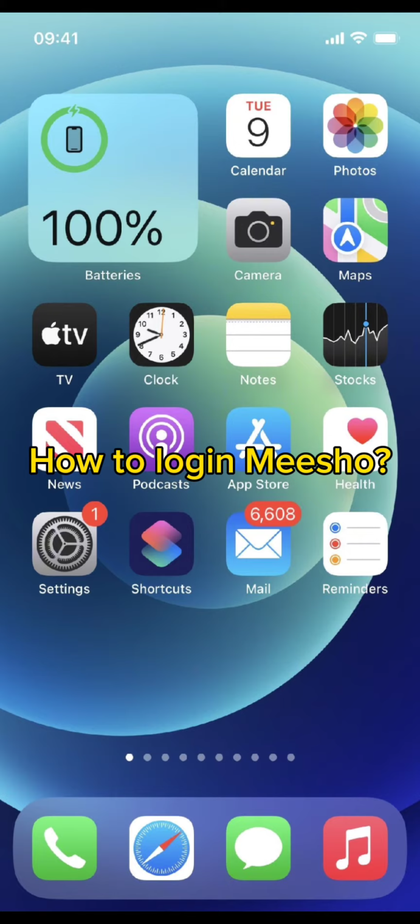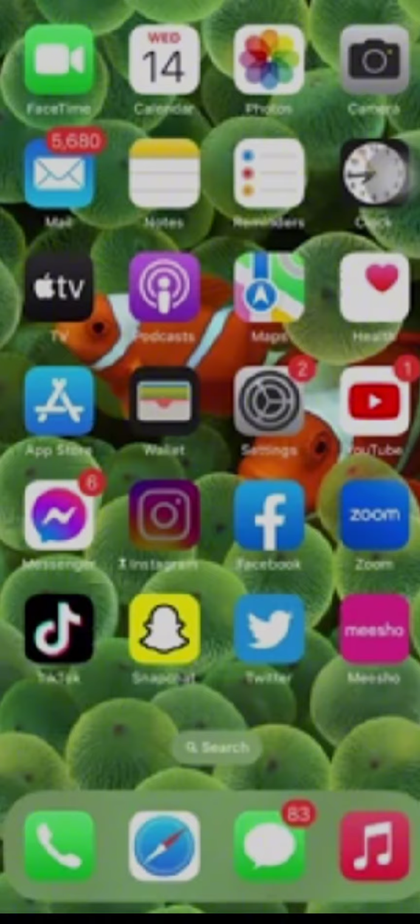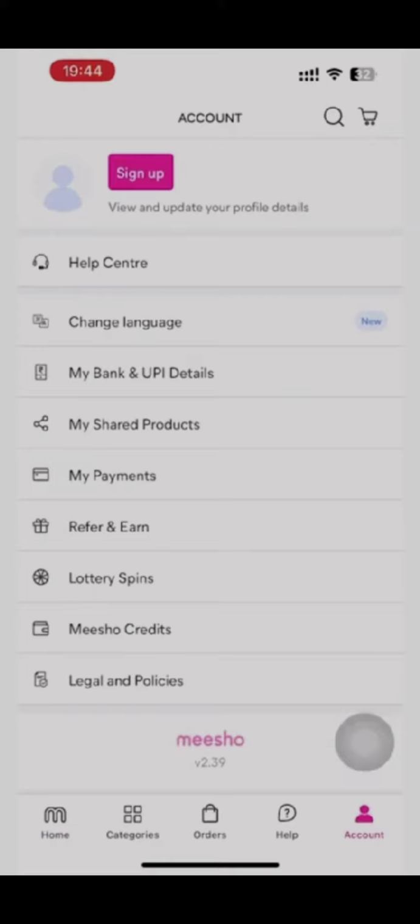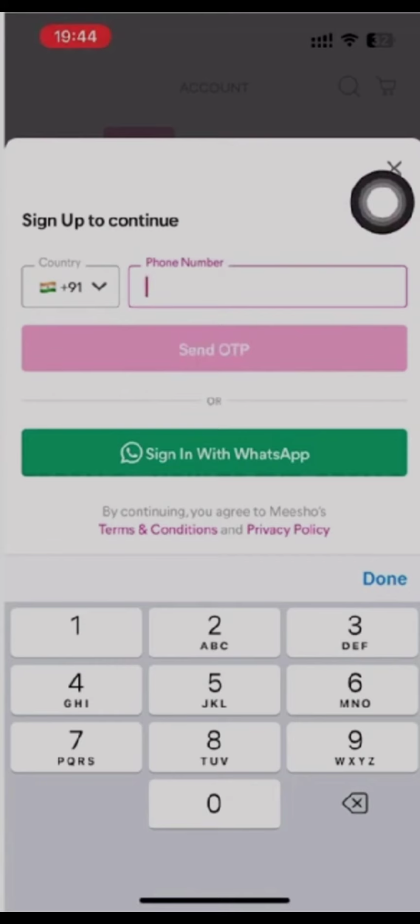So first of all, you need to tap and open your Meesho app. Once your Meesho gets loaded, you will end up on this kind of page where you need to click on the account option. Once you click on accounts, you can see the sign up button on the top of the screen. To log in, you need to simply tap on it and you will be redirected